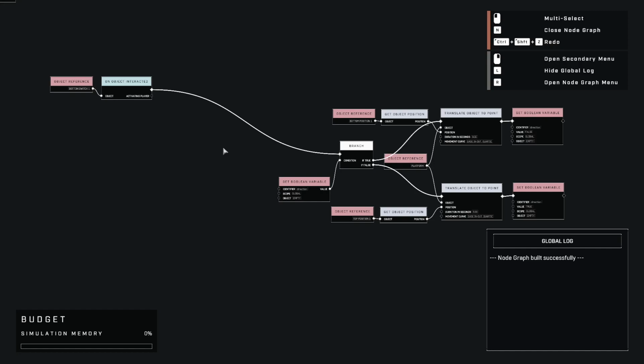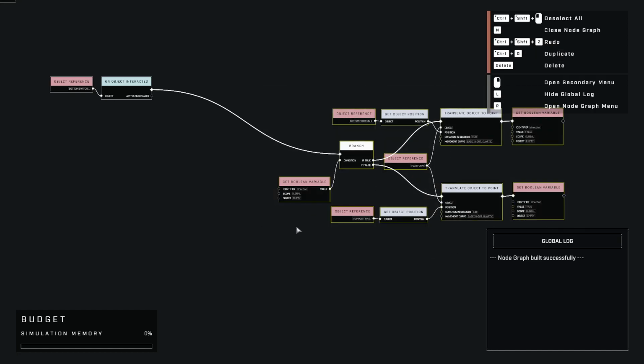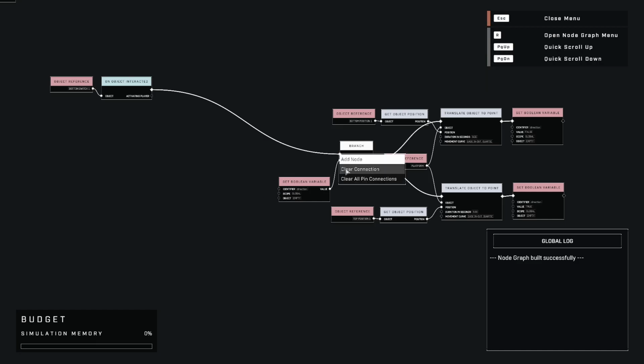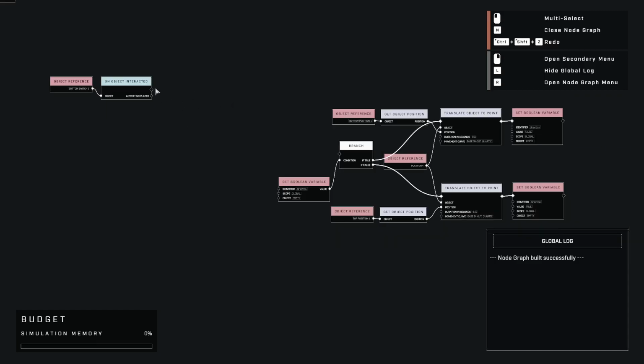If you find yourself about to copy a whole section of nodes and say, I need to do this exactly the same again, you probably want to stop and just create a custom event, because it helps keep you from duplicating things, and it helps keep things a lot cleaner and more efficient. So what I'm going to do, I'm going to unhook that, and we're going to go into